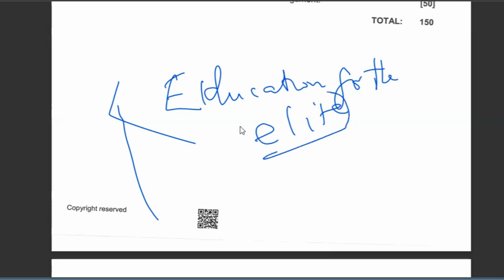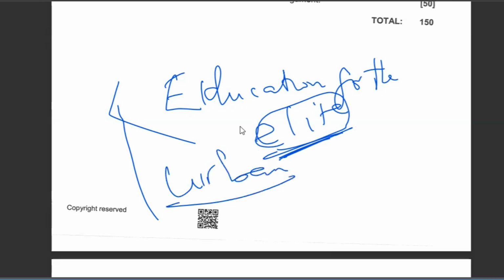We are looking at the group of prominent rich people who were able to access education, and predominantly those in urban areas. It was mainly for those in urban areas who could afford it, because remember, the government failed to continue funding education. They failed to continue subsidizing education, and they made parents pay for their kids' education.